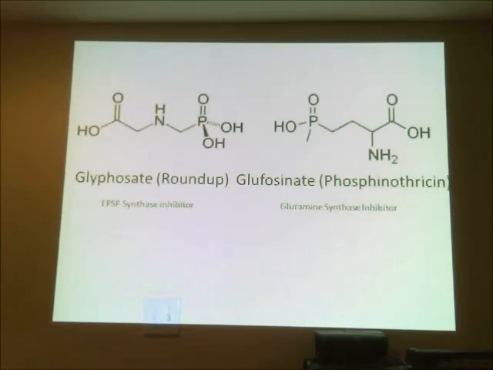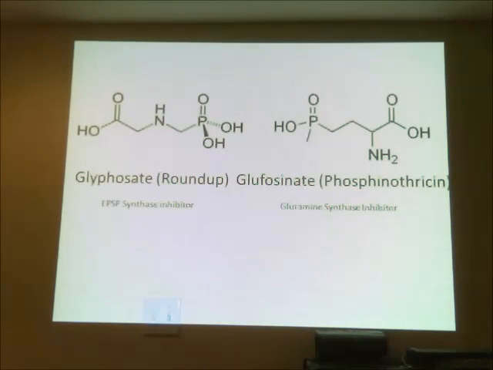So it kills everything. And it's a derivative of the amino acid glycine, which is amino acetic acid. So here you have the carboxylic acid group, the COOH. This would be a C, if this were a CH2 and this were an NH2, that would be glycine. So we've got a CH2, and then this is called a phosphonic acid group. So this methyl phosphonic acid group that's attached to this glycine molecule makes this glyphosate, the EPSP synthase inhibitor.